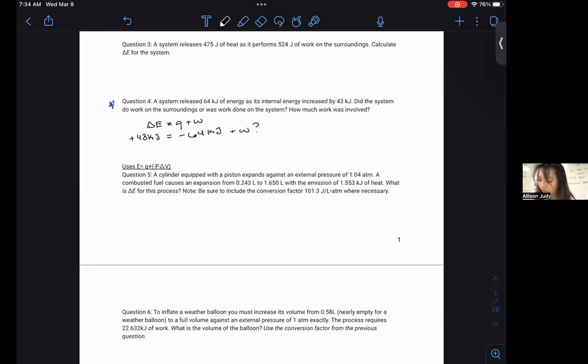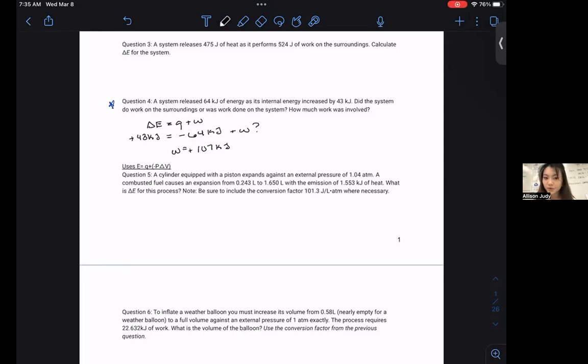What is the value of the work? And so when we simplify this, we get that our work must equal positive 107 kilojoules,